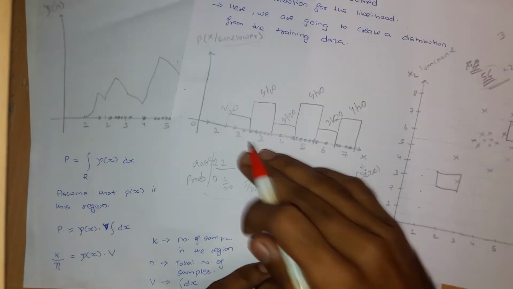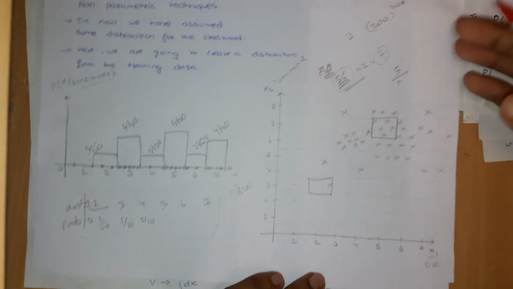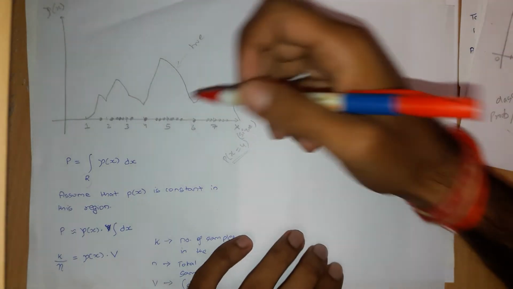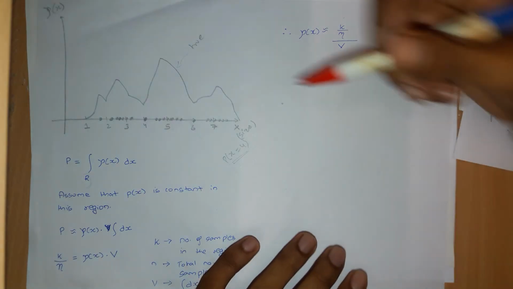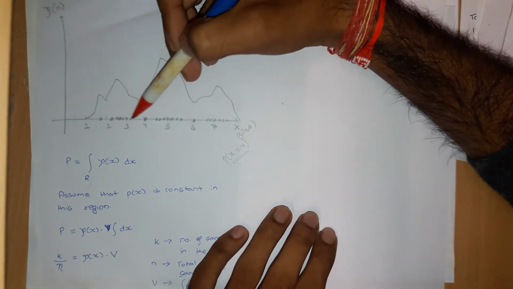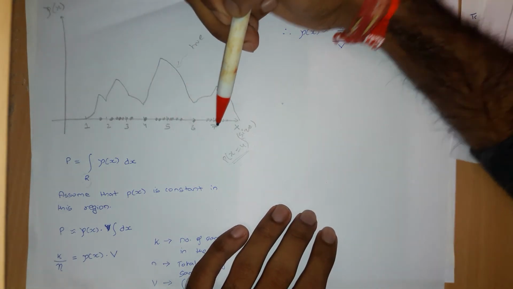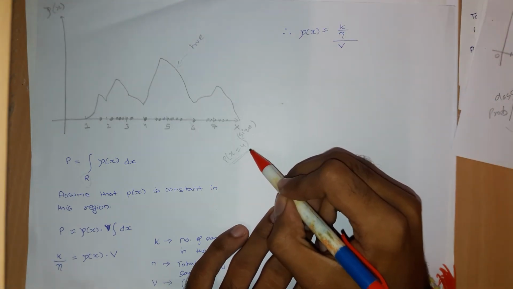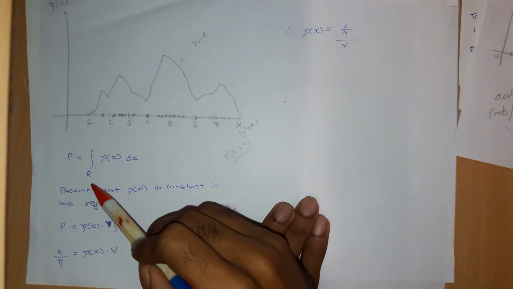Instead of saving so many probabilities, what we can do is save this data, and for say probability x equal to 4, I am going to